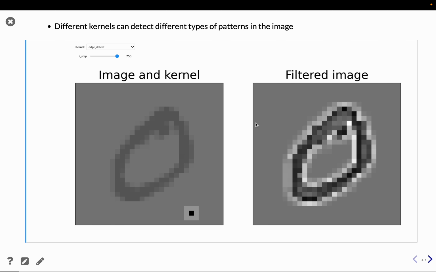And again, we'll get a negative value in the middle of an edge and positive around it. Right? And so all of these convolutions will highlight different things in the image. And this will tell us something. It will tell us whether the image is composed of a diagonal edge or a horizontal edge or something else. And this information, like knowing that certain types of edges exist in the image, will help us identify what kind